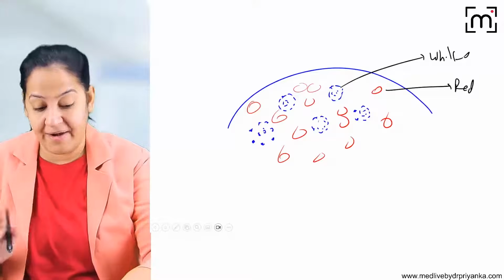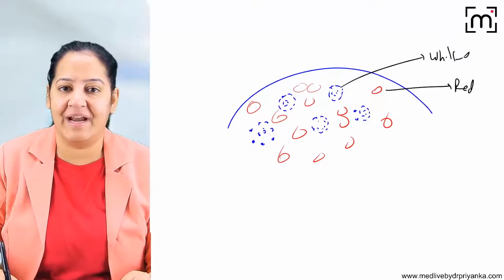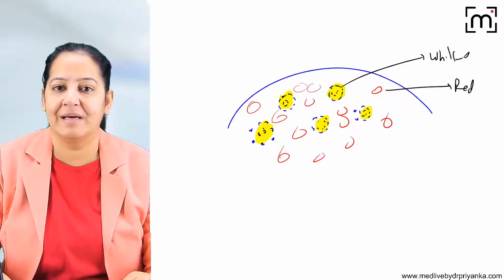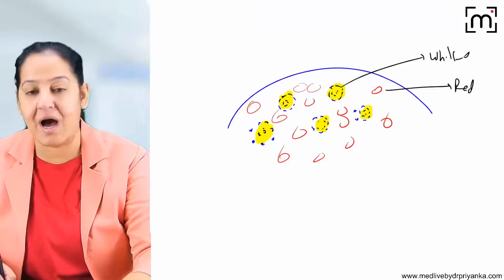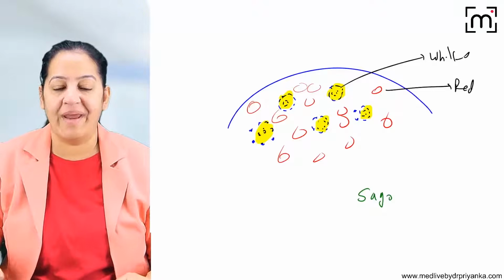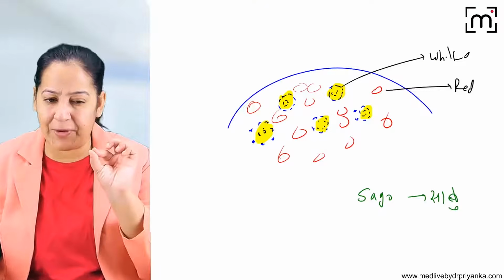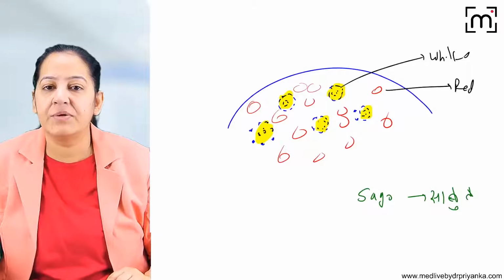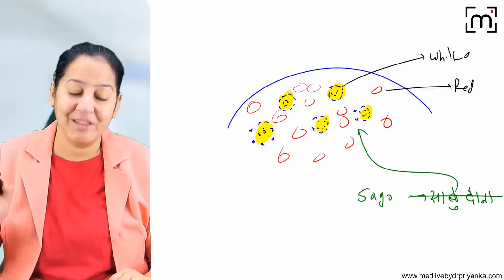Now in the spleen, the amyloid can deposit at both the places. Amyloid can get deposited at the white pulp also. If it is depositing at the white pulp like this, amyloid looks like dot, dot, dot. So it is looking like sago. Do you know what sago is? In Hindi, it is known as sabudana. Have you seen? It's a grain, a small grain having a white color, small nodules. So it is known as sago spleen because the amyloid gets deposited like this in the white pulp.